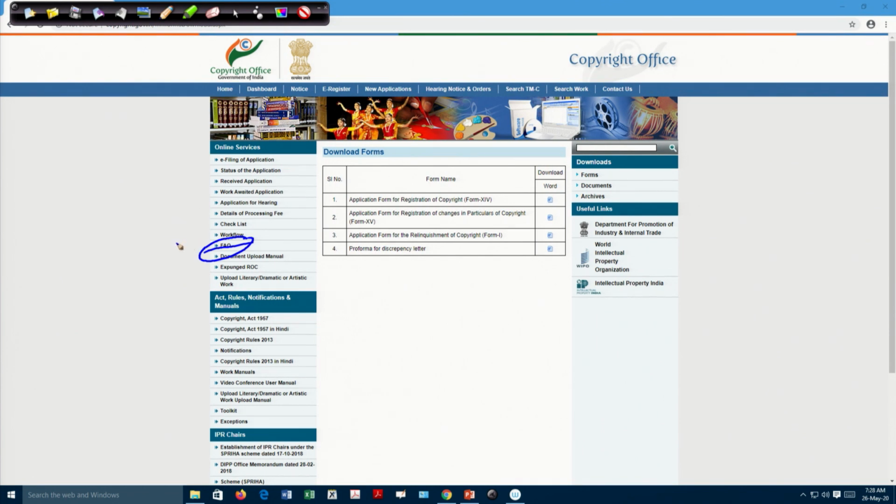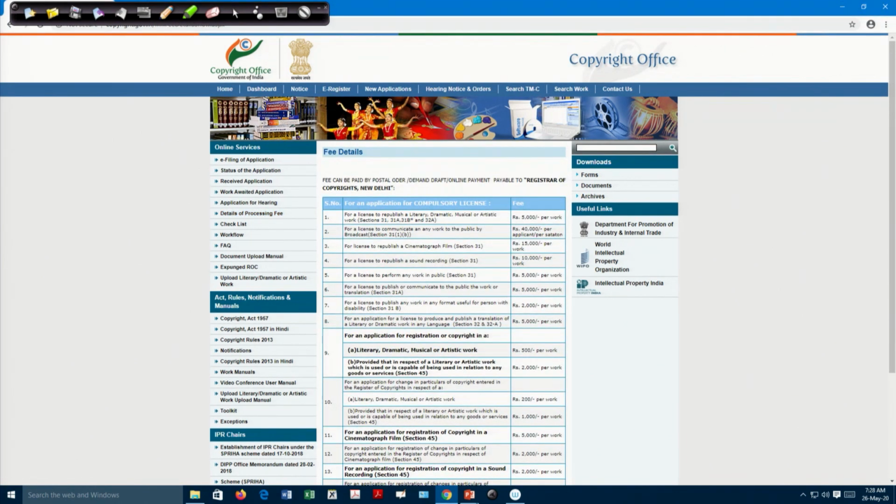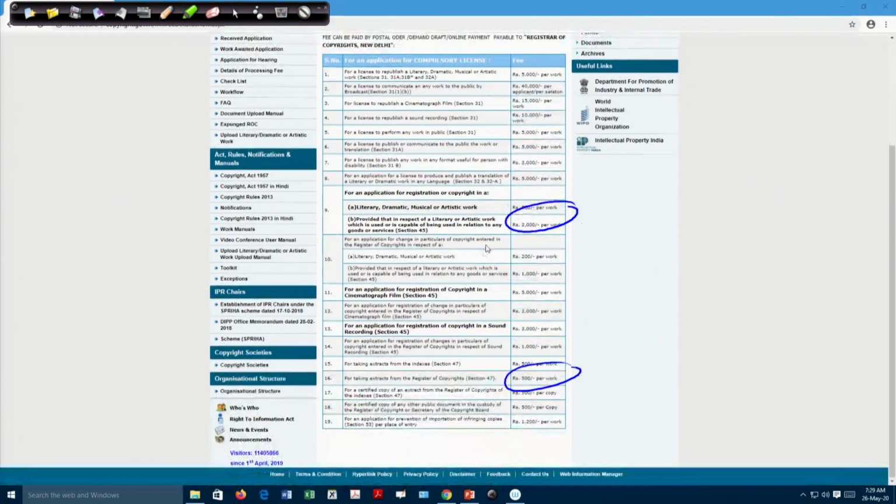Then further thing is the details of processing fee. So, how much fee you have to pay, that particular thing you can check here. So, this is the window you can just go through the details and you can see here how much fee you have to pay for that particular literary work. Okay. So, you can just go into the details here and you can see how much fee you have to